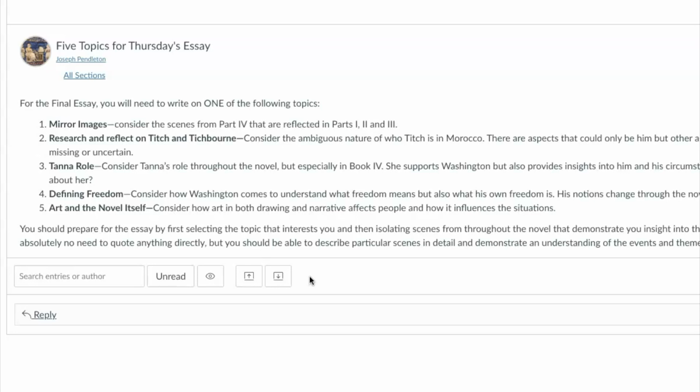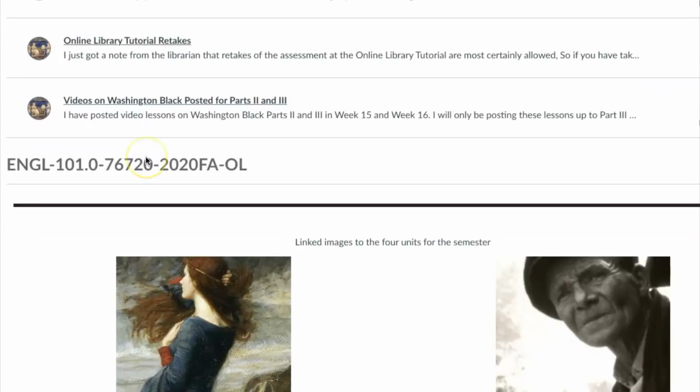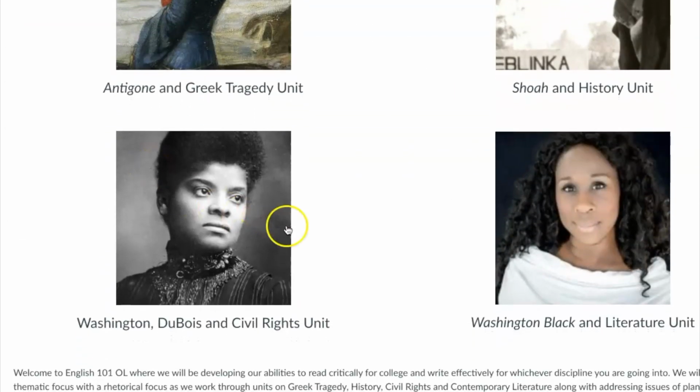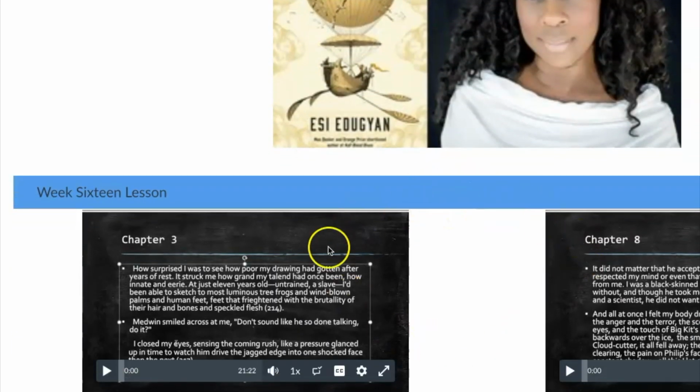Start looking into it, and then know that there will be, in week 16, if I go back to this one, so pick one of these that you like. This is again posted in the announcements for the class. And if we go back into the class itself, here it is. And there's Essie Edgewan. If we ask her to take us, please take us to week 16. This is what you'll see. I do have the videos still available if you need to see those.